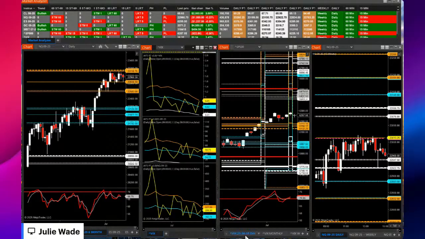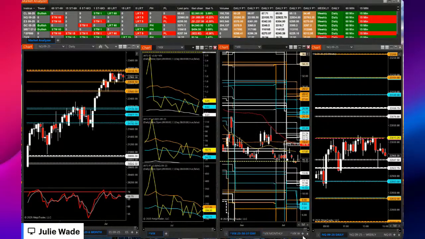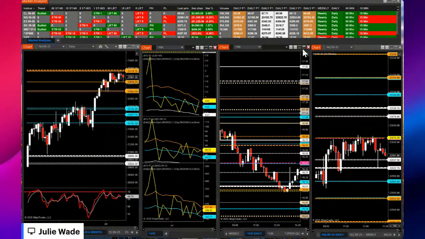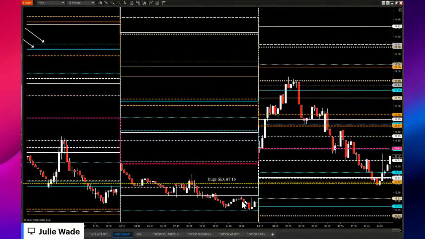We had the VIX control the price action today. Let me get over here to the daily. We gapped up over this large GEX at 16 and hit the 1719, and then right here on the RTH session, or just before the RTH session at 6:30 a.m.,